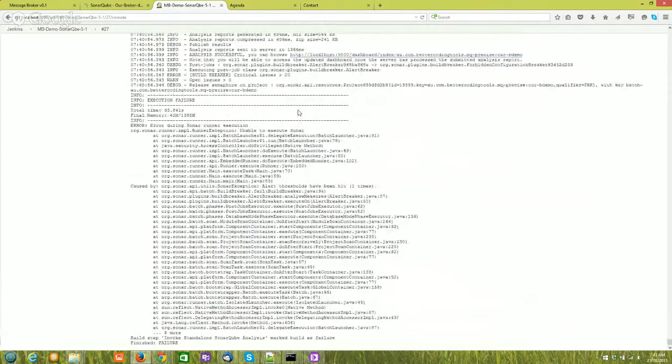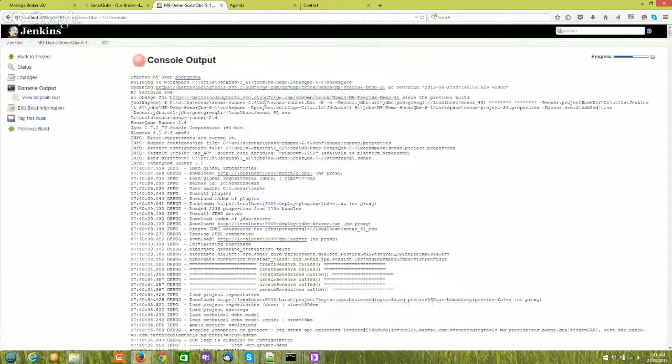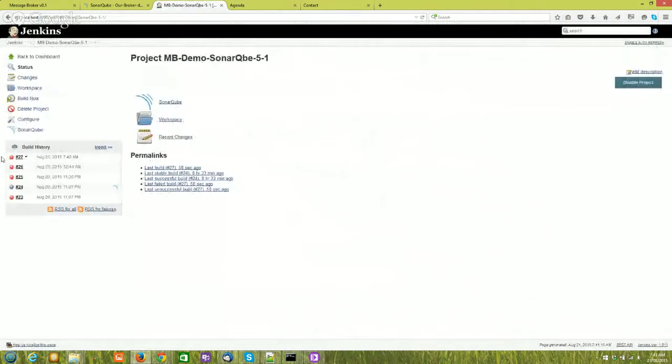And the same output broke it, where it says I failed because of my quality. But the difference here is that because we're running in a Jenkins, a continuous build environment, we've actually flagged the build as broken, and we haven't continued on with the rest of the steps. So if this was the first step in a release process, then we would not actually be releasing this